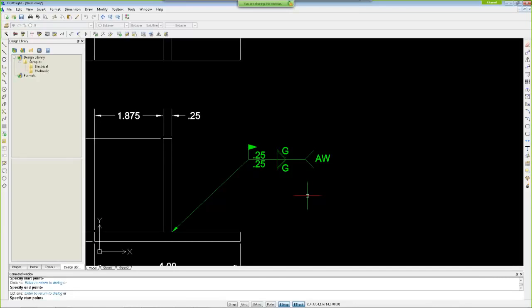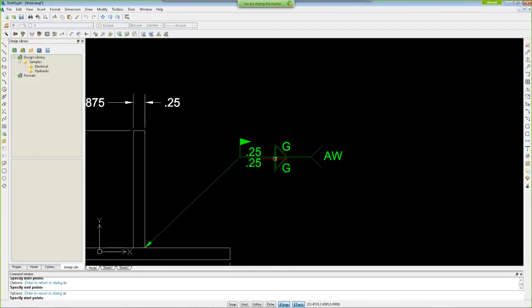I think if you are in the field and you need to do welding symbols, I think this is a great tool. It's worth the price of admission just for that, because otherwise you've got to create your own blocks, and you got to insert your block, and you got to change this and that and the other thing. And again,